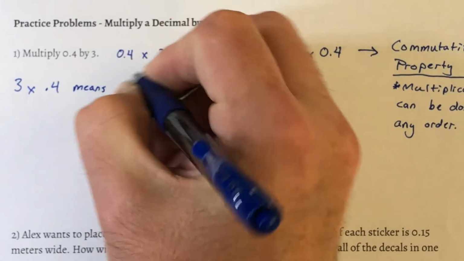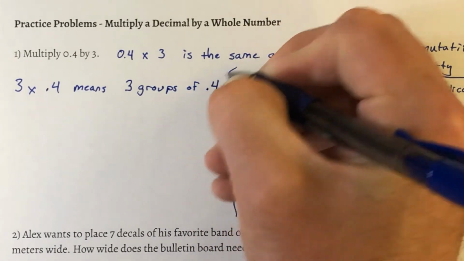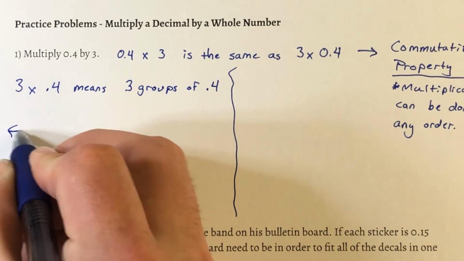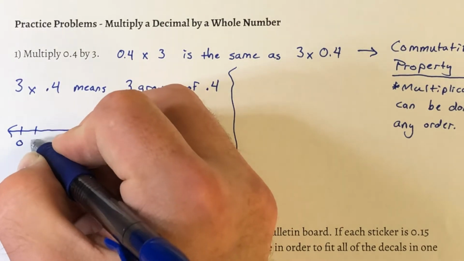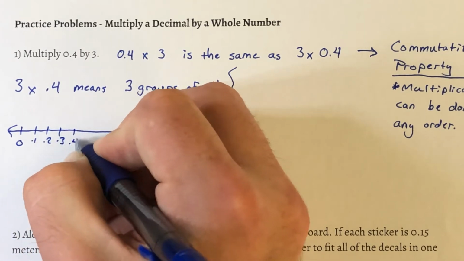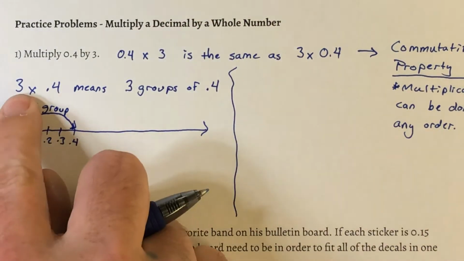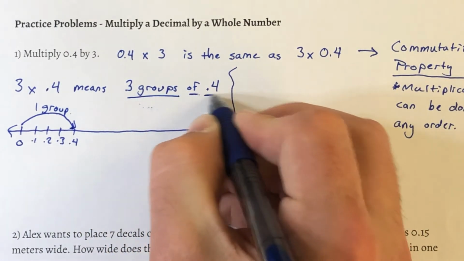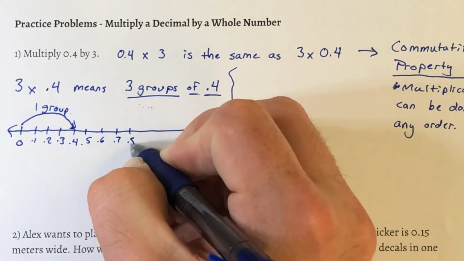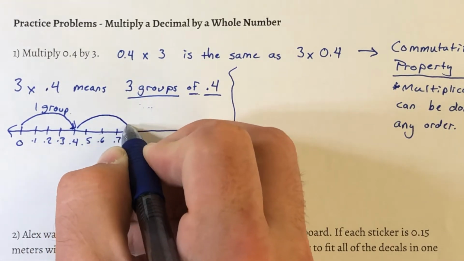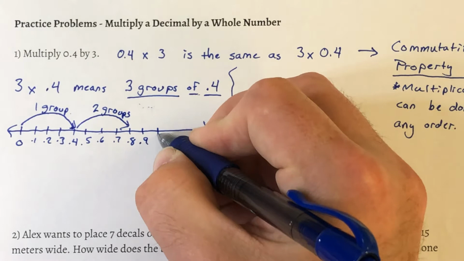Just want to note what this means. First of all, this means you have 3 groups of 0.4. So if we were to visualize that, let's draw a number line real quick. If I were counting by 0.1s or 1/10, 0.1, 0.2, 0.3, 0.4, this would be one group of 0.4. Well, I want 3 times 0.4, so I want 3 groups of 0.4. So if I were to continue, I'd have 0.5, 0.6, 0.7, 0.8, so there's another group of 0.4. So one more group, 0.9, 1 whole,